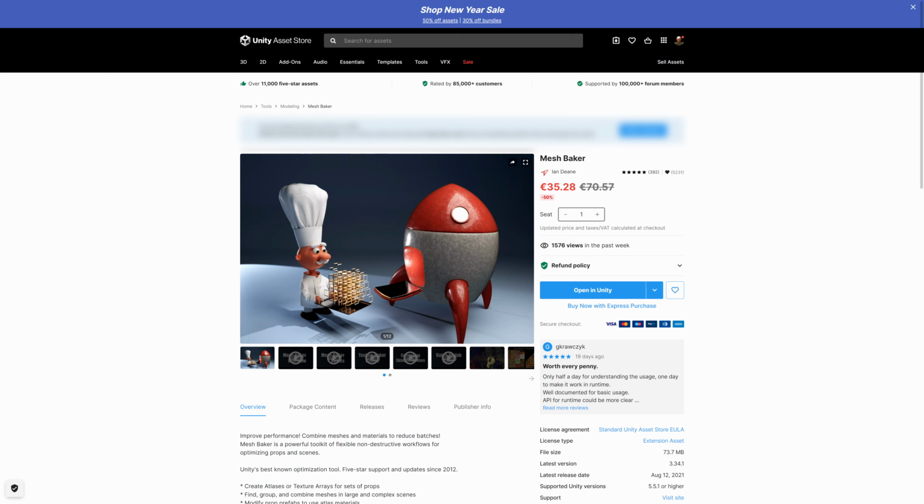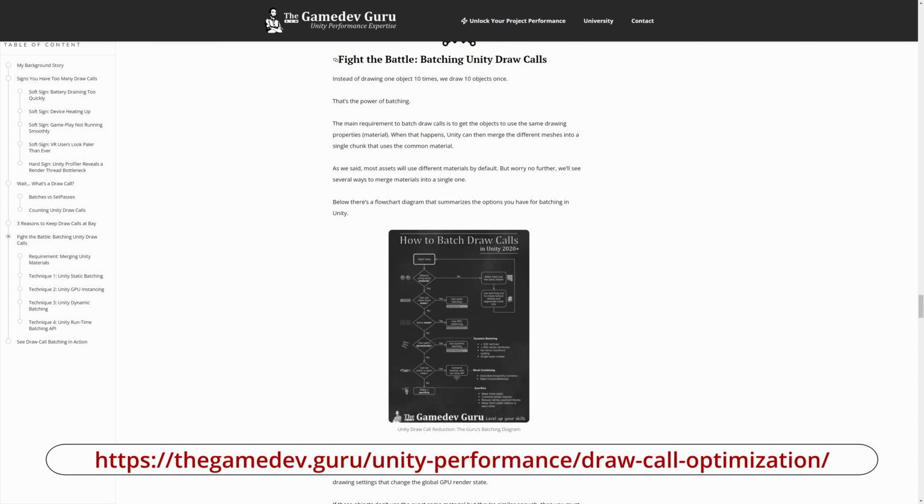I've tried GPU Instancer, which did not give me the immediate result I hoped for, but maybe the asset I applied it to simply isn't the, let's say, target audience, for lack of a better word. The best results so far I achieved using Meshbaker. It has a bit of a learning curve, but it's worth it. Okay, before we go into showing how I applied Meshbaker to this scene, I first would like to show a